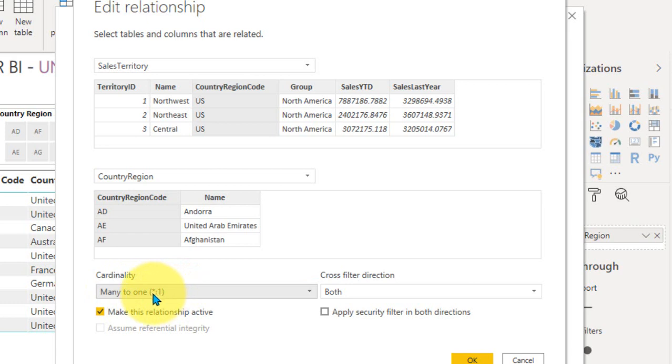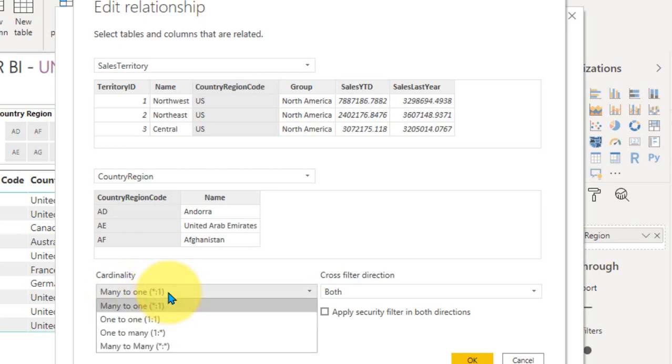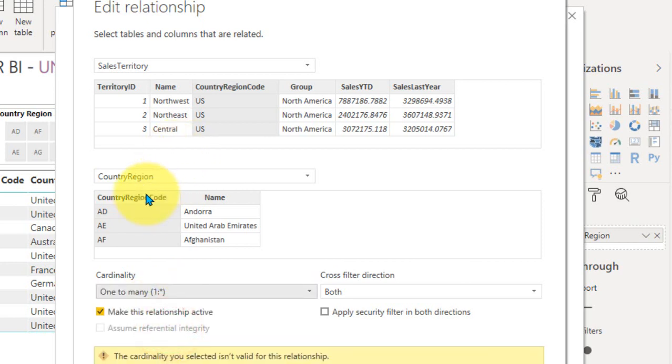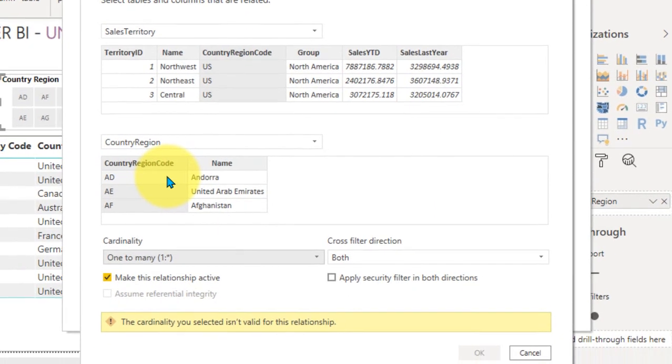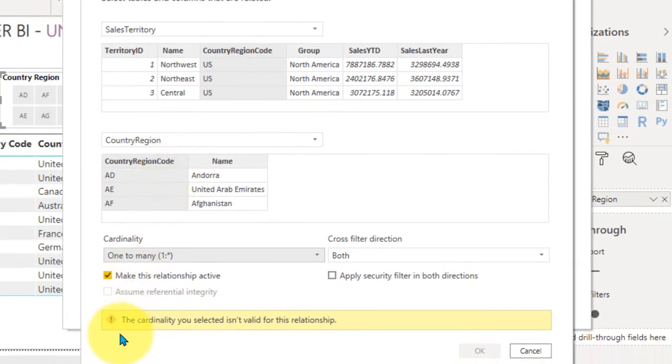The many side will have a star symbol and the one side will have a one symbol. The same goes for the one to many relationship. If country region is on top and sales territory is below, then it will be treated as one to many. If you look at the indicator at the bottom, it shows that the cardinality you specified isn't valid for this relationship, because I have selected one to many.